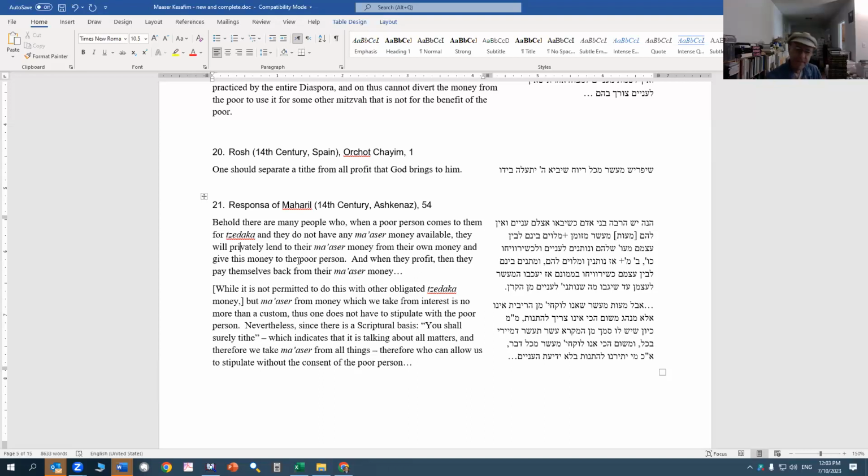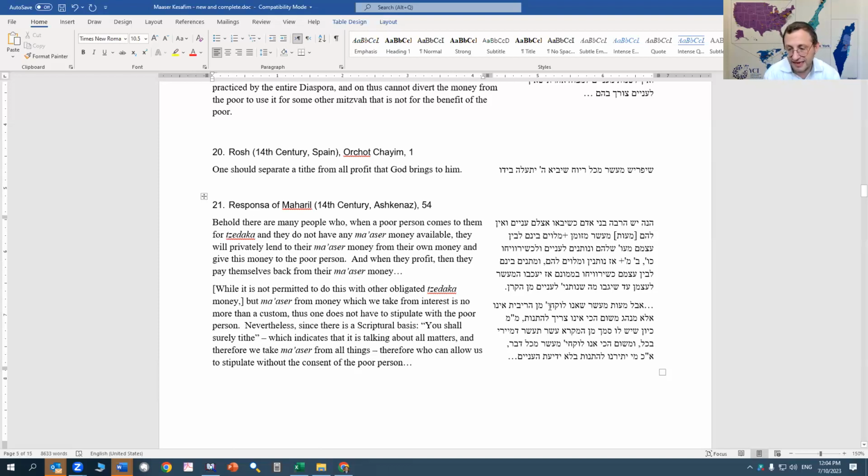Okay. Yeah. But now he just makes a technical point. He says this idea of lending and borrowing, you can only do that because this is a minhag. If this money was really money that belonged to the poor people, you can't lend a poor person money and agree to pay them back without involving them in the conversation. But you can do that here because it's not really that they are halachically entitled to the money. This is a minhag, so we allow this type of, I'm going to lend money into the pushka and then I'm going to pay myself back. Okay,